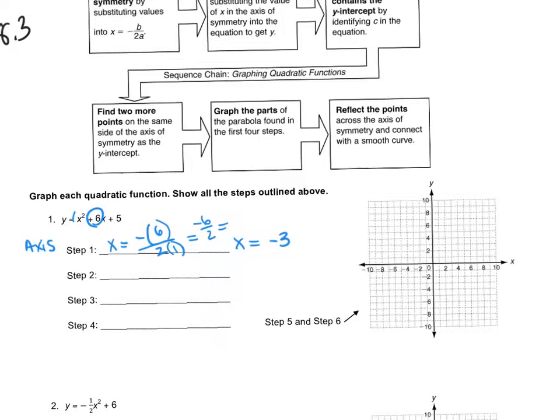On the graph, that means that at -3, which is right here, I have my vertical line that is going to be separating the graph into 2 symmetrical parts. Now, from there, I am going to go into the next step, which says plug in the value of x from your axis of symmetry to get your vertex. So my vertex, I know, is going to be -3 comma something. Well, the equation is y is equal to x squared